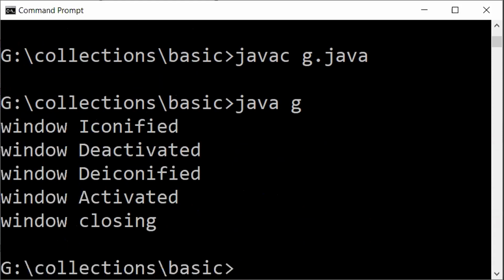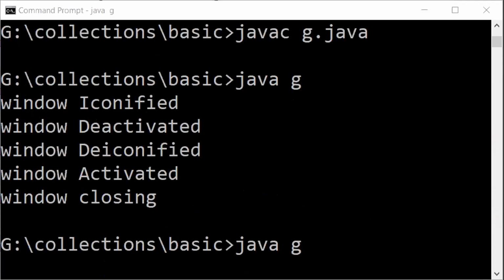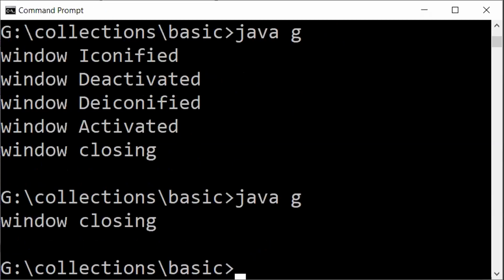The window is being closed. Whatever code we are writing, events are getting generated when I click on the minimize and maximize buttons. Who is handling those particular events? To handle those events, we have written this particular code.